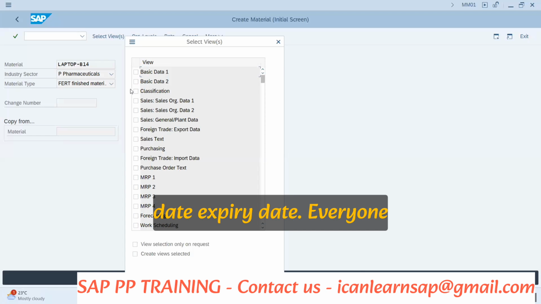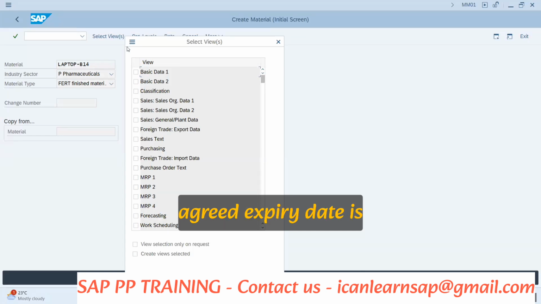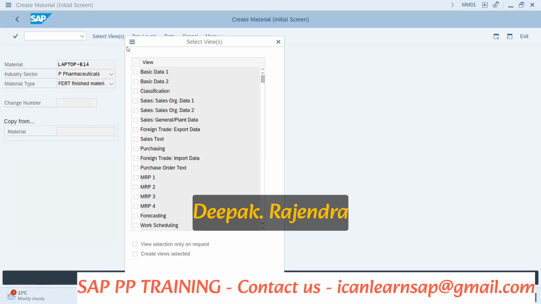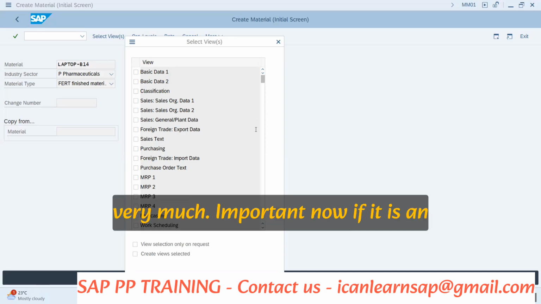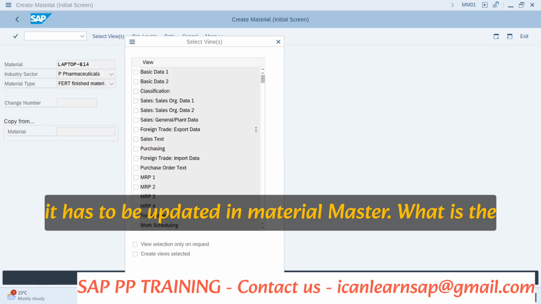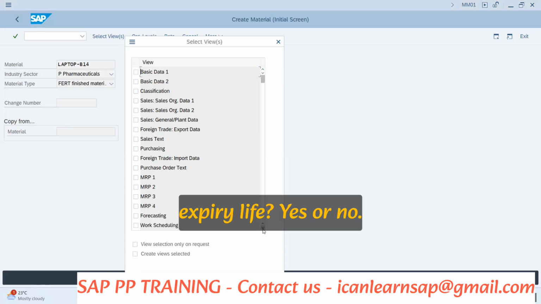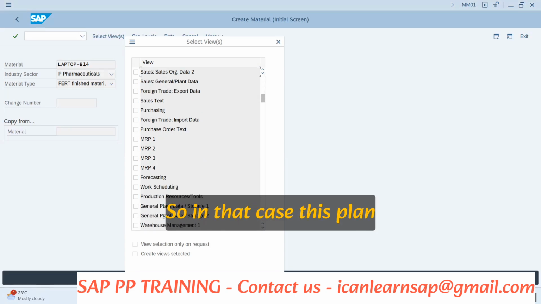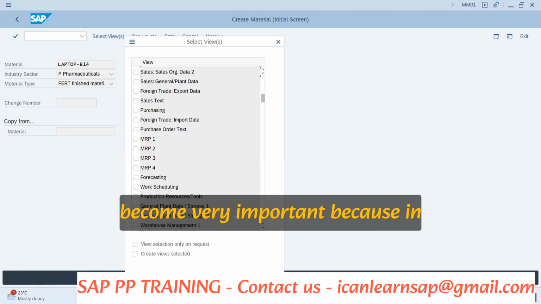Expiry date. Everyone agreed? Expiry date is important. Akshay Bankar, Deepak, Rajendra, Suraj, agreed? Yes. So expiry date is very much important. Now, if it is an important parameter which the customer is going to look at, it has to be updated in the Material Master. What is the expiry life? Yes or no? So in that case, this plant data storage one view becomes very important, because in this view